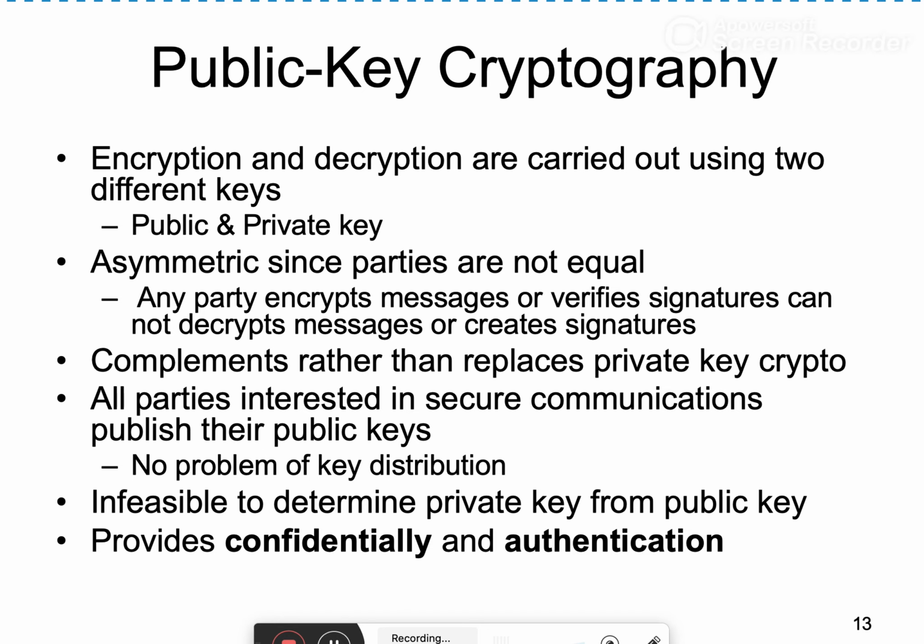Public and private keys are mathematically related to each other, and from one key, it should be computationally infeasible to determine the other key. Public keys are known to anybody, and even an attacker has access to the public key. The attacker knows the public key, but still should not be able to find the private key from this known public key. So it should be infeasible to determine the private key from the public key. Public key cryptography provides both confidentiality as well as authentication service.